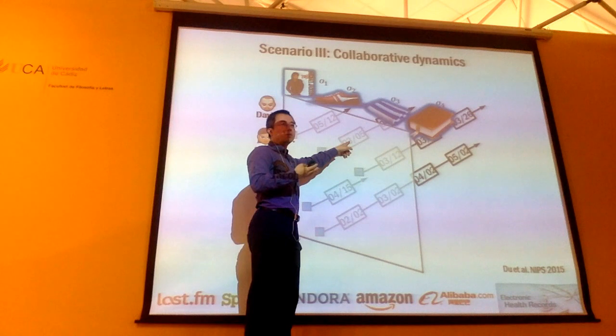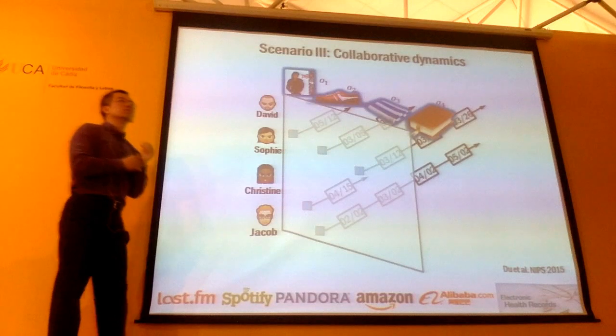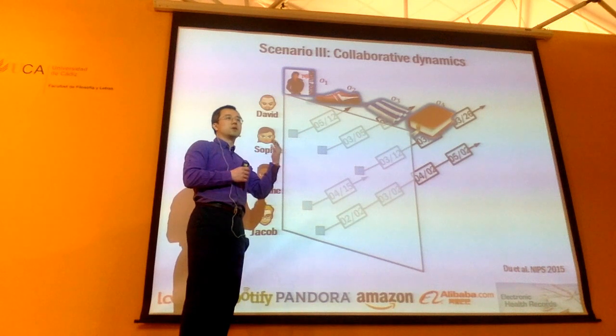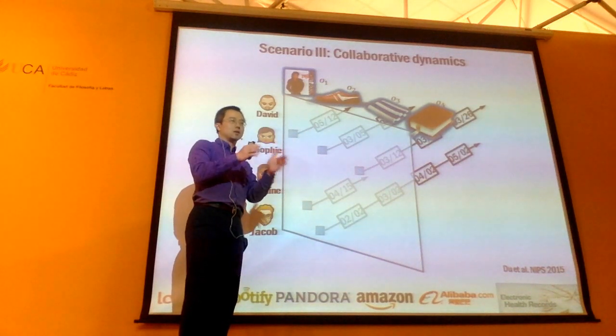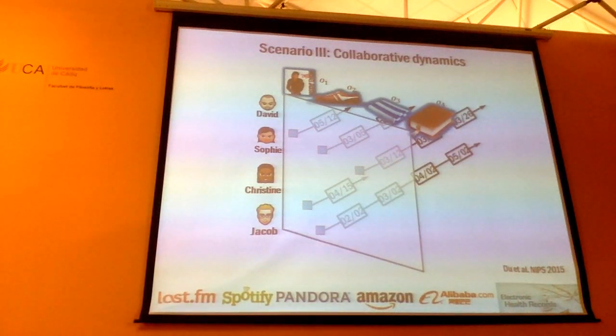Supposedly you're able to model this temporal dynamics of people buying products. What you want to do is predict what is the next item this person wants to buy and when he needs it. Okay, so then you can recommend the item to this person at the right time, right? So you want to do something like time-sensitive recommendation. If you don't model this temporal dynamics, you won't be able to recommend at the right time. So the unified framework I'm going to introduce today is focused mostly on temporal information modeling. Okay, this is the third scenario.